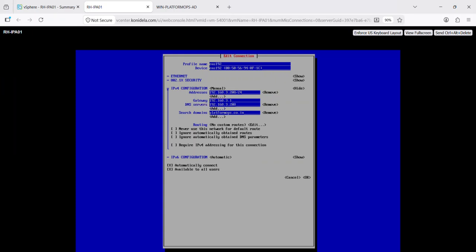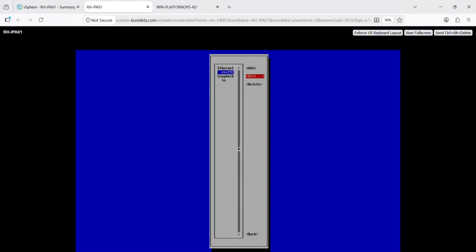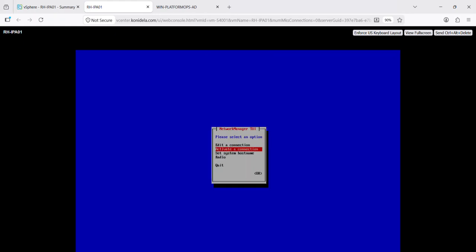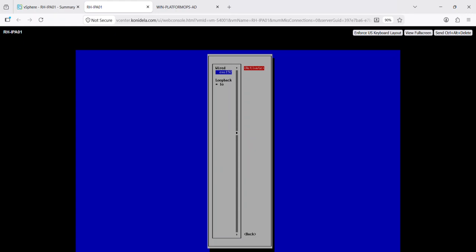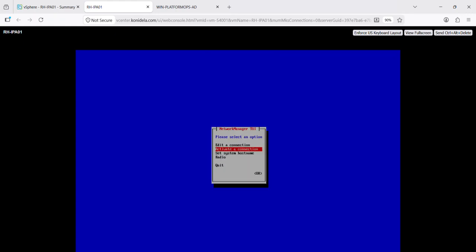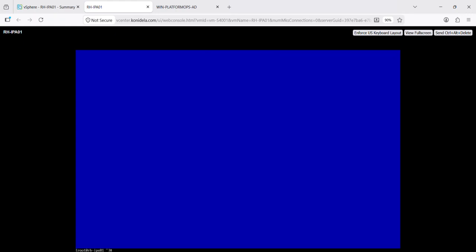After configuring the IPA server, its own DNS will be there, right? You should have to change that to the same server itself. And what is the domain? Okay, it should be idm dot. Okay, cool. So let's go back, activate, deactivate, and activate. So now it will be the perfect